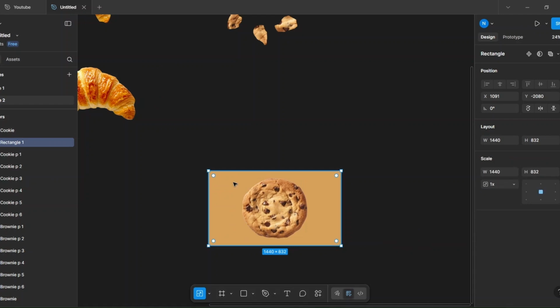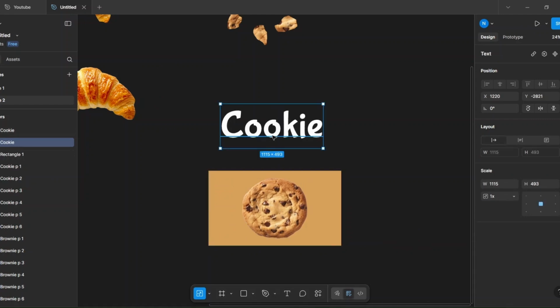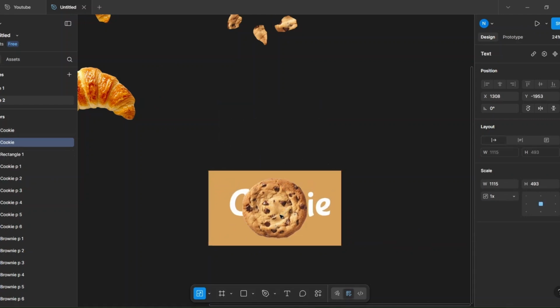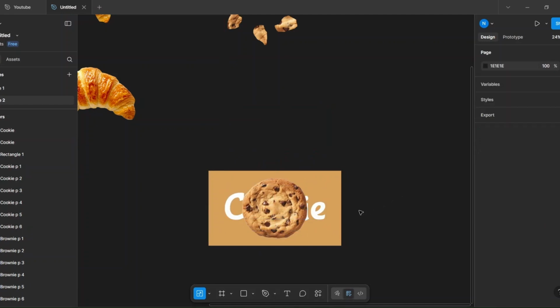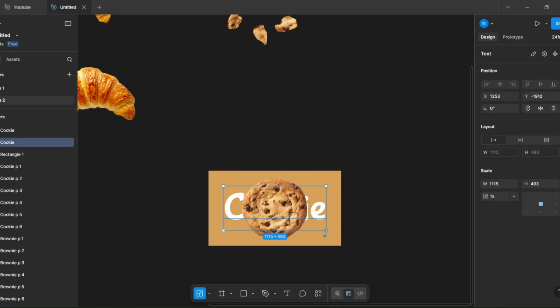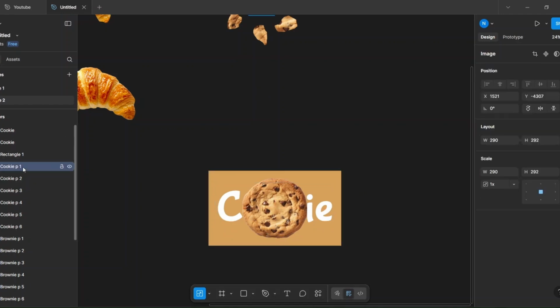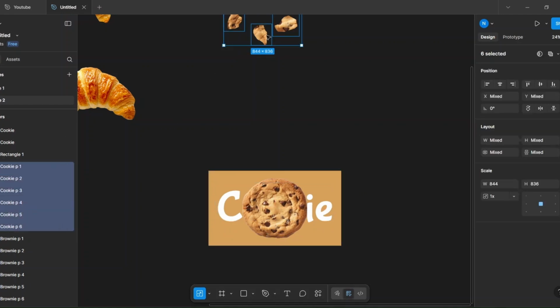Adjust the background color, then add the text. Now bring in all the image pieces.